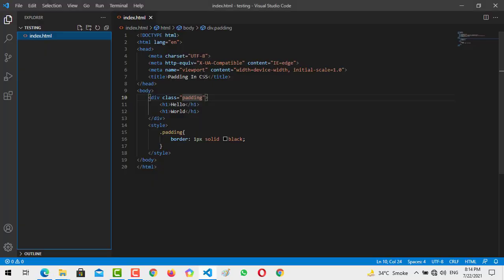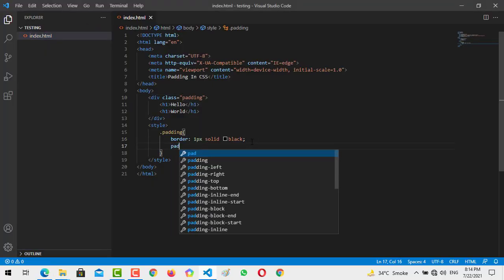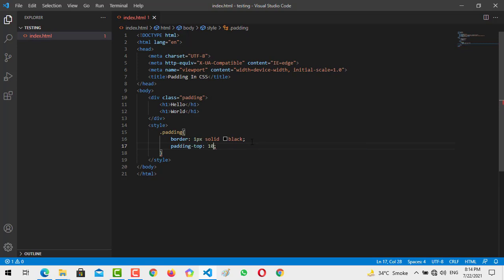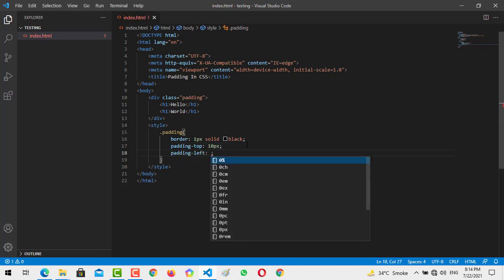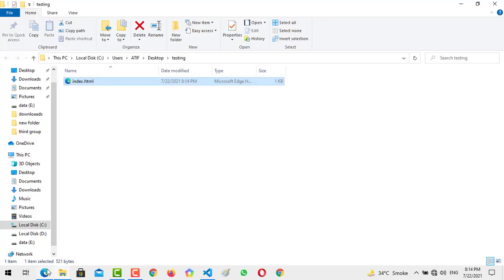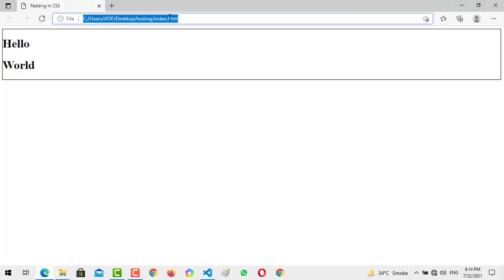So I have to assign the padding from the top, let's say 10px, and padding from the left, let's say 50px. You will see the changes after the implementation of the padding.